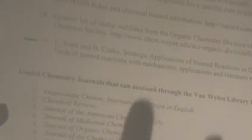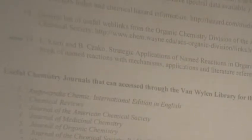and then on the next page, number 16, which is the Aldrich catalog, which doesn't necessarily have to be a paper resource, which mainly most people are going to be using online, which is fine. And then the Curdy book, Strategic Applications of Named Reactions, okay? So those were the ones we showed you in the library. There's a lot of other references in there that you can use as well,